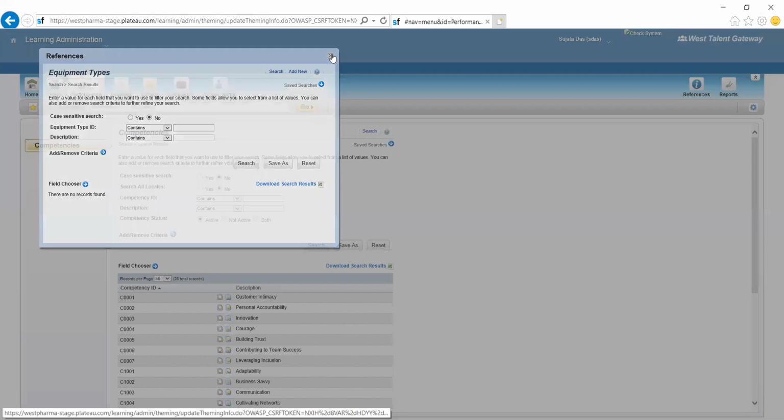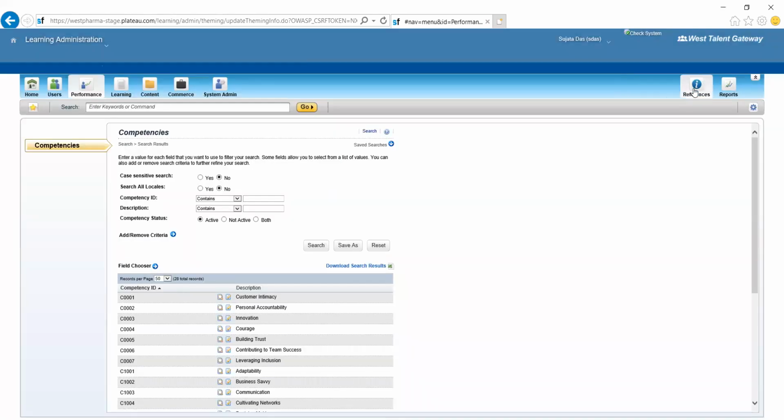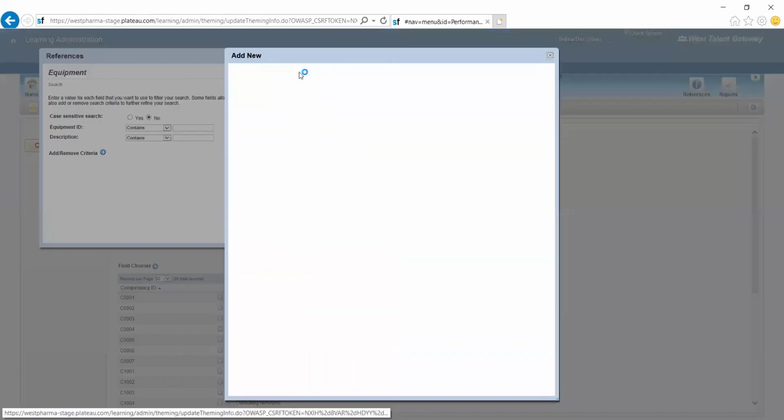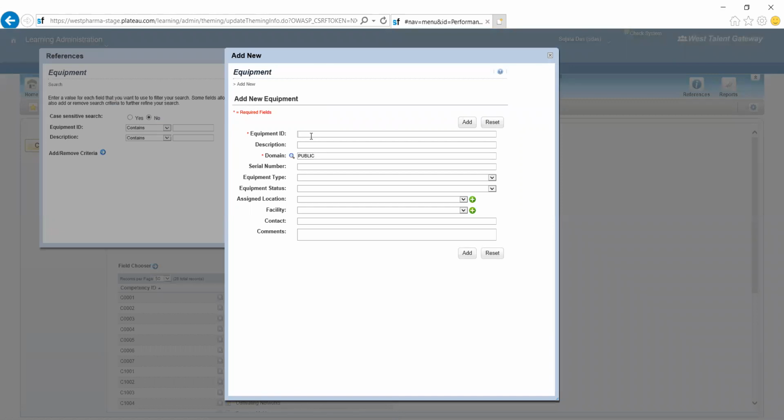Then I can create an equipment from here. Suppose I'm creating an equipment, say projector_01, HR team projector.